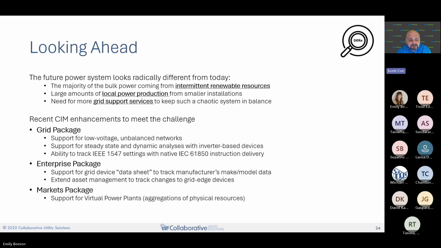So if you have data sheets tracked in a standard way in the model, then the utility folks who are doing analyses can bring those into their analysis package and look at different scenarios, looking at EV growth on a feeder or solar production, and see what sort of edge cases might be challenging in the future.